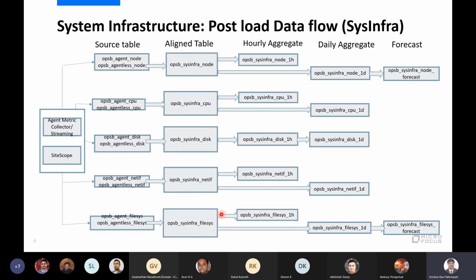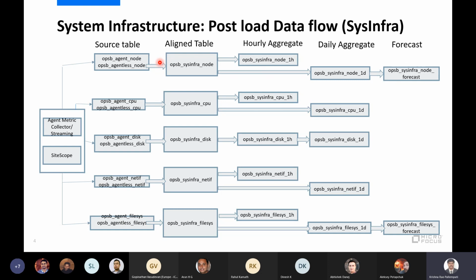It will store into one aligned table. And out of box, we have created and enabled only agent based aggregation. If you see here, this aligned table contains both agent and agentless data. From there, we will do aggregation for this whole data, and aggregation and forecast we will do.